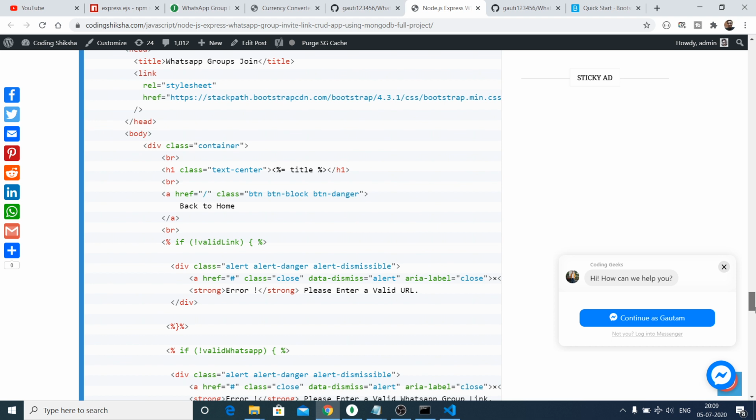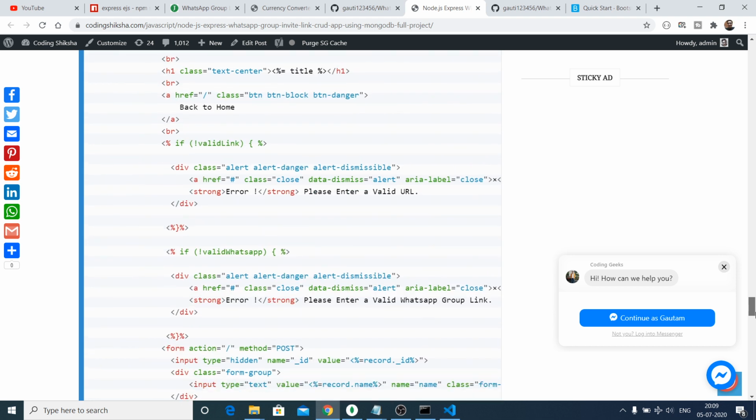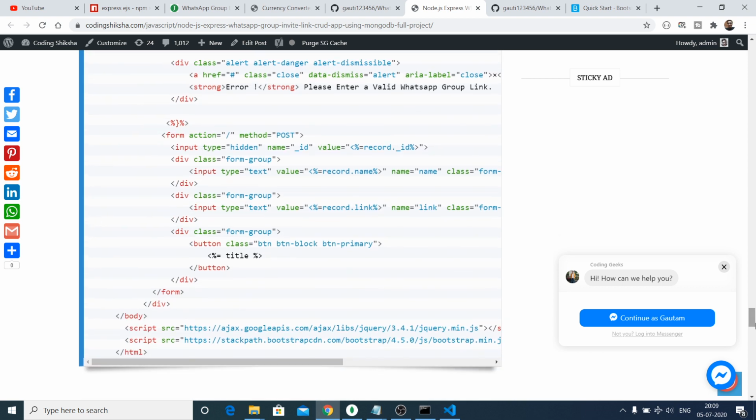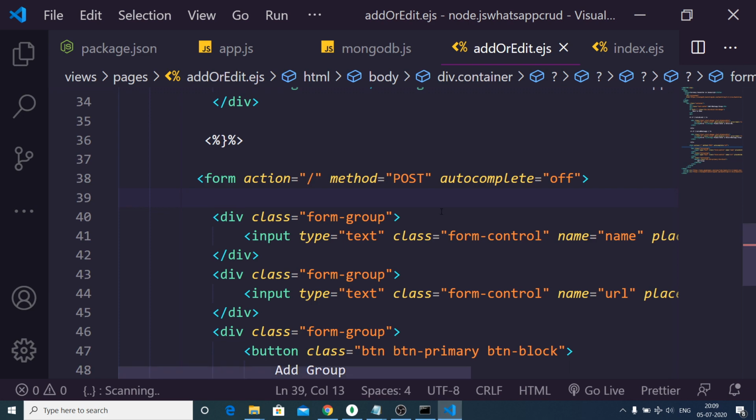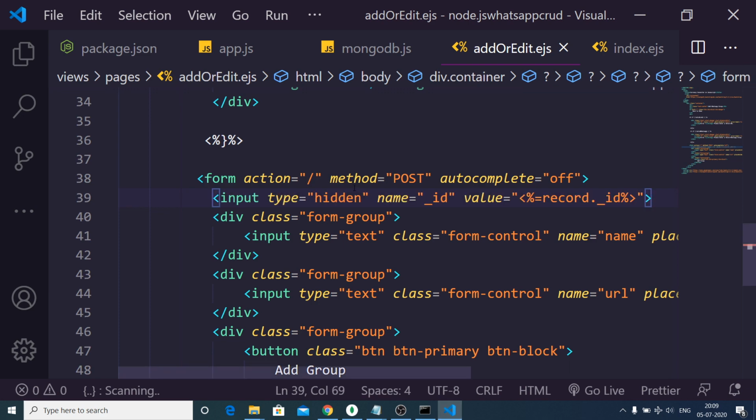Let me just show you the ID here. This will be the ID. This will be the input type hidden. You can see that. So basically this input type hidden field will tell you either we are making an update request or we are making a request to post a new group. So this will get the record dot underscore ID.